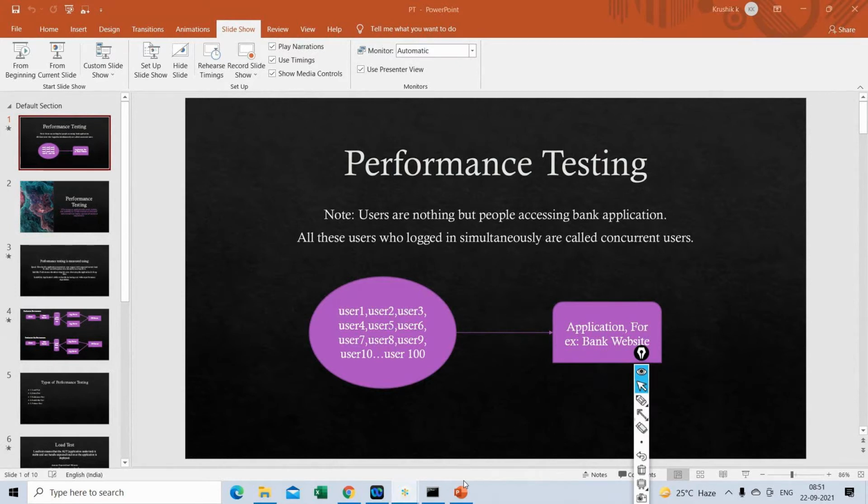But the limitation is, if you want to test your application with 5,000, 2,000 or 3,000 users, you will not have access. I think if you download the free version, you will have access to test only up to 50 users. If you want to test with more than 50 users, you have to purchase the license.